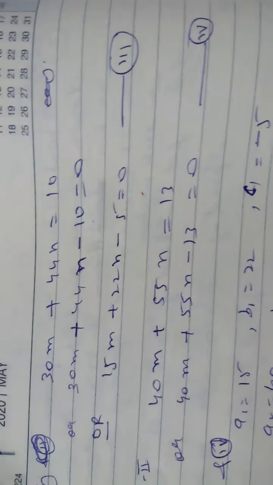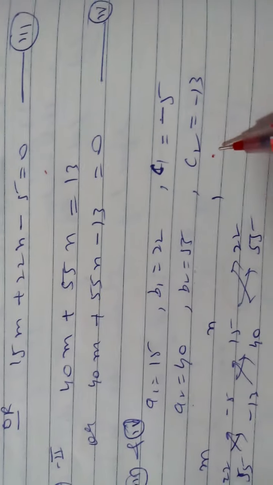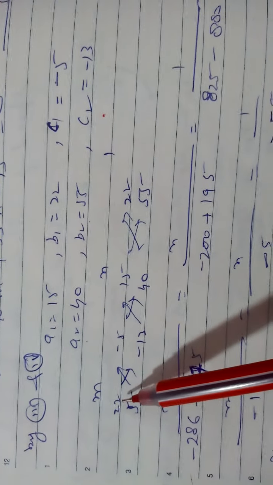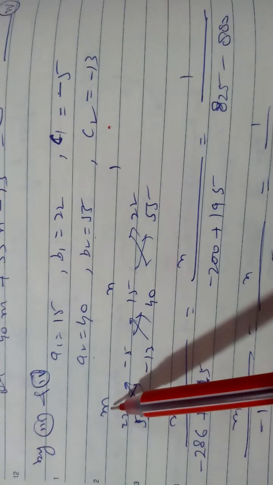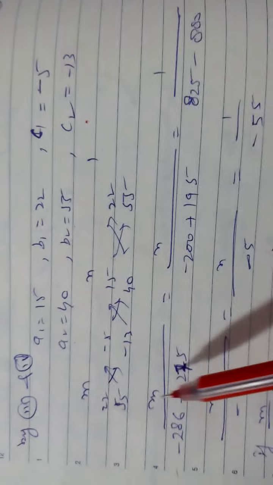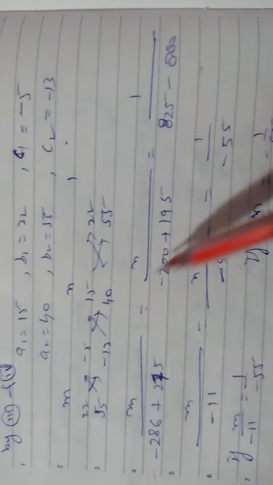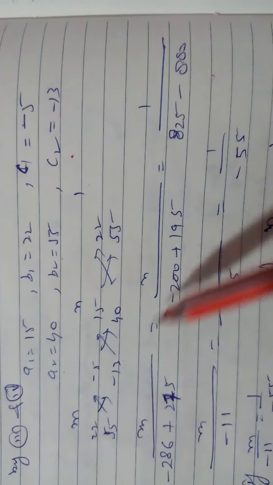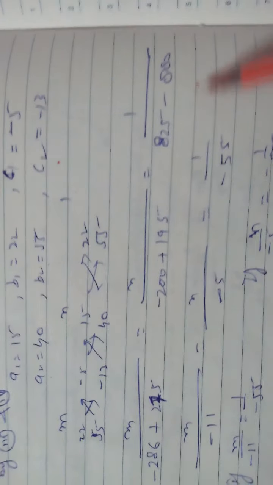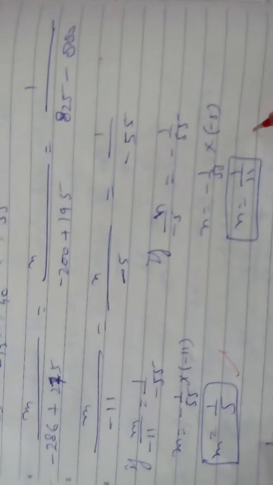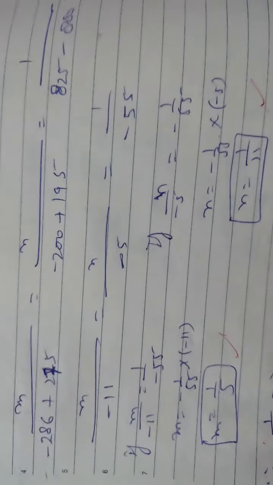I am writing again, solving this by the cross multiplication method. By the cross multiplication method, you can solve without equating any equations. B1, B2, C1, C2, A1, A2. Here the variables are m, n, and then the constant is 1. m upon this equals n upon this equals 1 upon this. Cross multiply first, this and then minus. That you know very well. I have put the minus sign. Solving it, I find m is 1 by 5 and n is 1 upon 11. But it is not your answer.